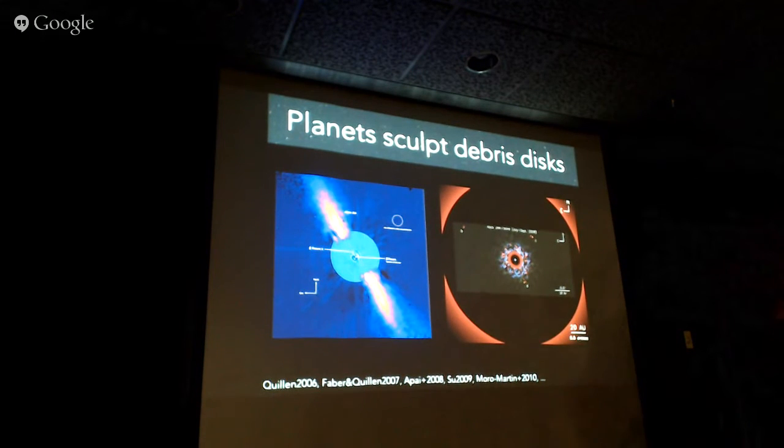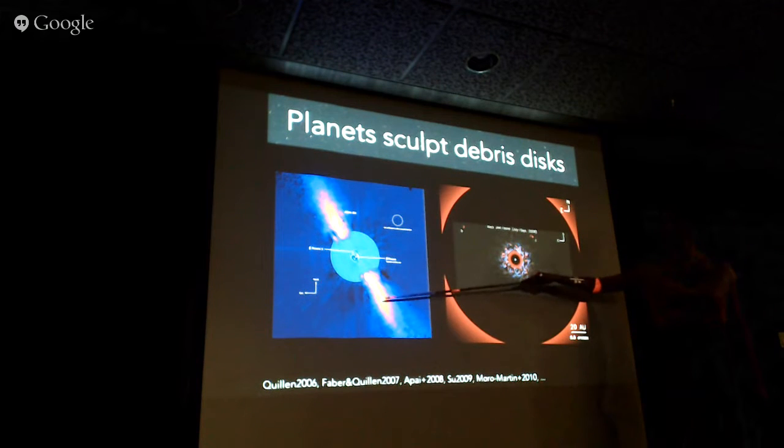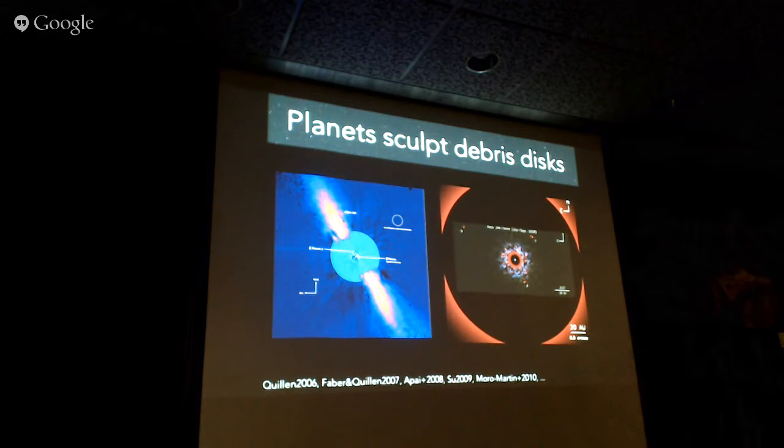So in the case of the Beta Pic system, it's been directly imaged. Here it's just an edge-on disk. The planet is warping the disk at the radii close to its orbit. For HR8799, we haven't imaged the disk, and these are all debris disks. We haven't imaged it because it's just too tenuous to see in direct imaging so far. But what we do know,